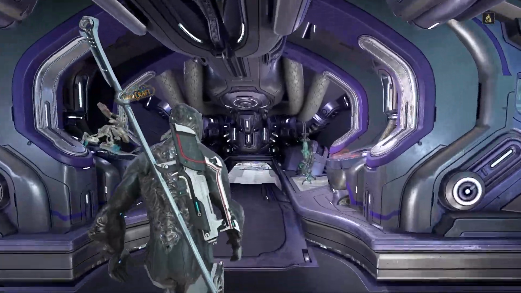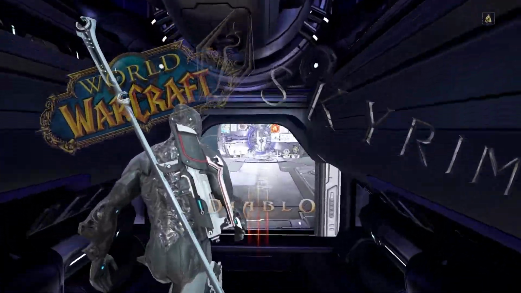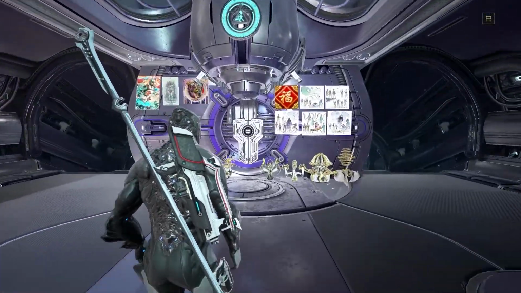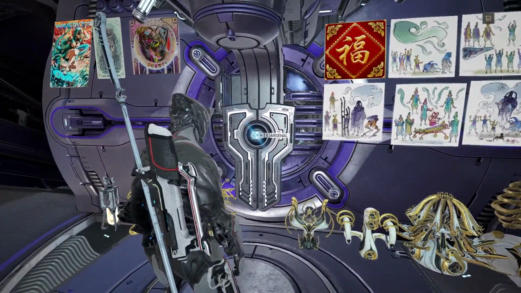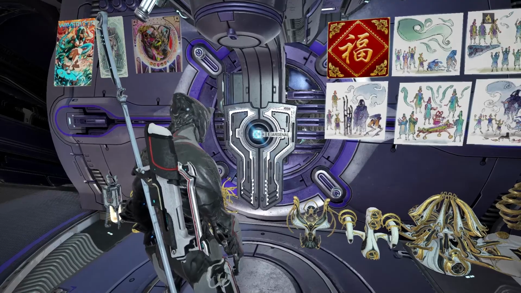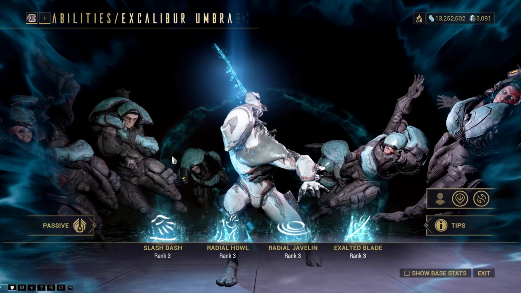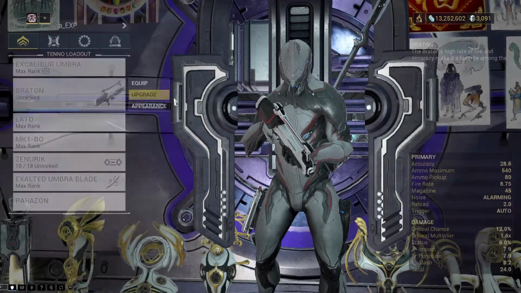In most games with a leveling system, the higher you level, the stronger you are. This is not the case in Warframe. In order to increase your strength and survivability, you have to use the modding system in your arsenal. Here, you can change your equipment, change your appearance, check your Warframe's abilities, and most importantly, apply mods to your